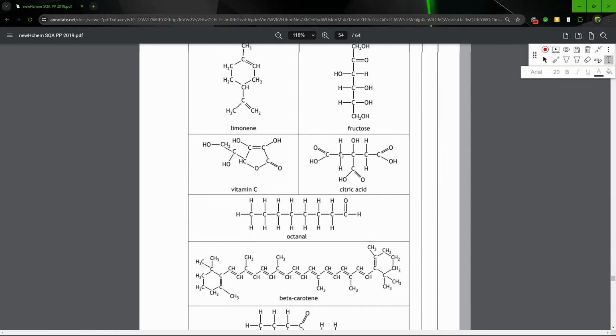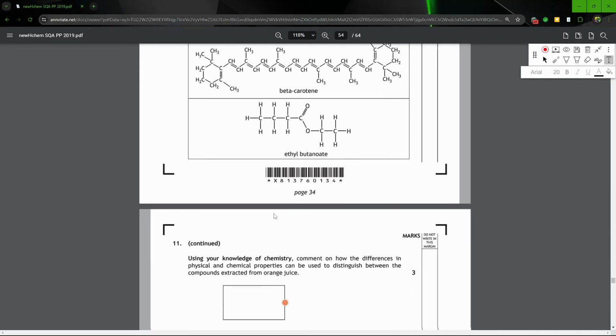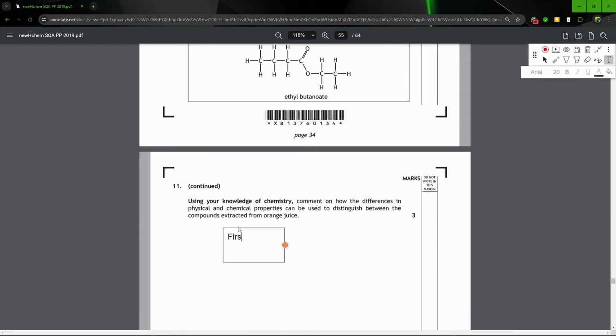Let's have a look at all these. You see some of them are saturated and some of them are unsaturated. So first step, test for unsaturation by adding the substance to bromine water. If it decolorizes the bromine from red to colorless, just to be really clear what I mean by decolorize,